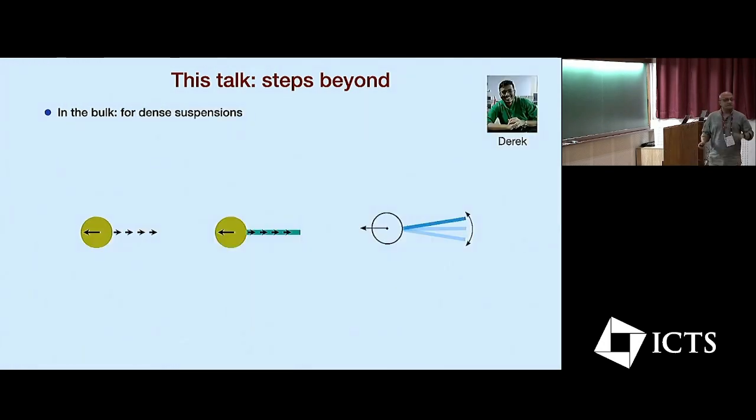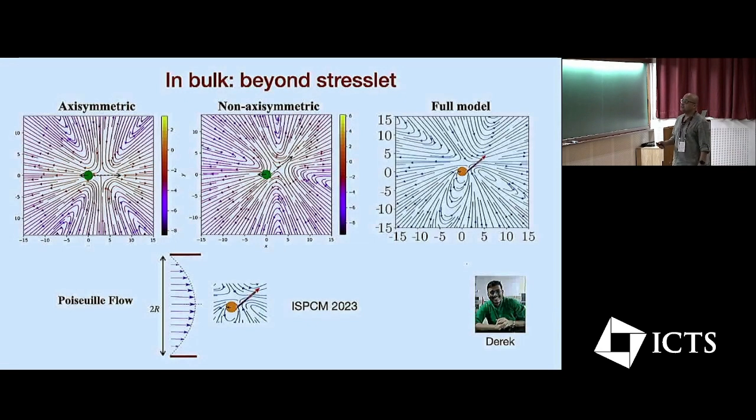So then in a different context, in the bulk, when you talk about dense systems, or when you talk about putting the swimmer in an imposed flow, in my group, you need further modifications, those are necessary. So for example, you can distribute the point forces along the flagella. You can have a physical flagella in the form of a slender rod. You can also allow buckling of the flagella. These are some of the things, and at the end, the full model gives us this flow field,